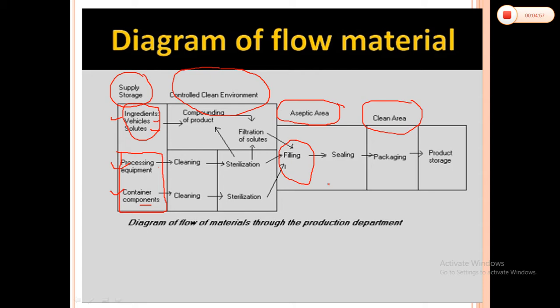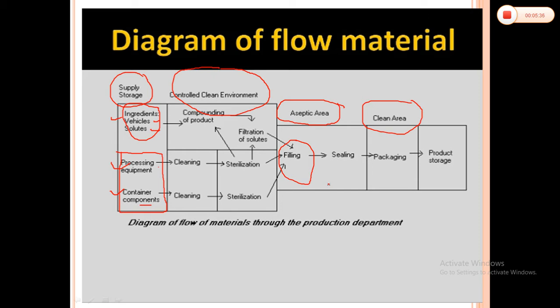You are performing practicals in a biotechnology lab where, whenever you are going to inoculate any bacteria on a medium, you have to pass through a sterilization chamber. We call it the pass box, where your products get sterilized with the help of UV radiation. So these processing equipments and container components have to be sterilized before using them for filling or processing. Cleaning you also have to carry out, as well as sterilization. There are various methods. We can use steam sterilization. We can use disinfectant solutions for the sterilization purpose.